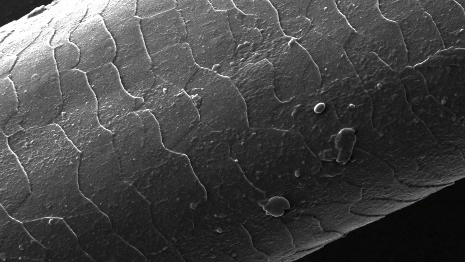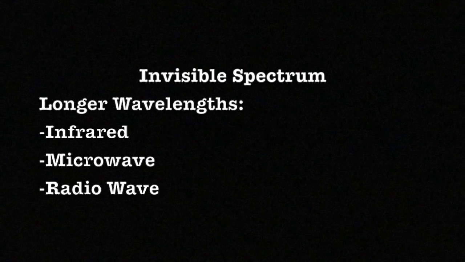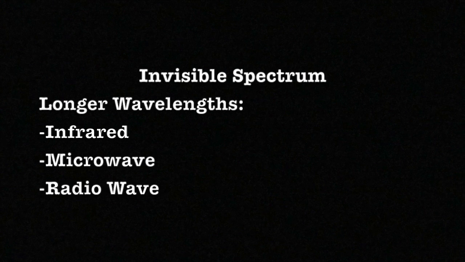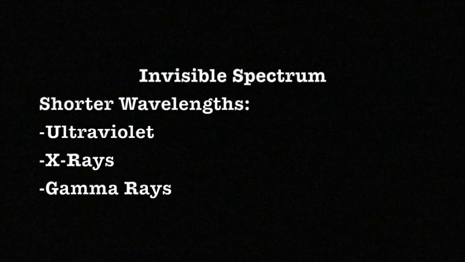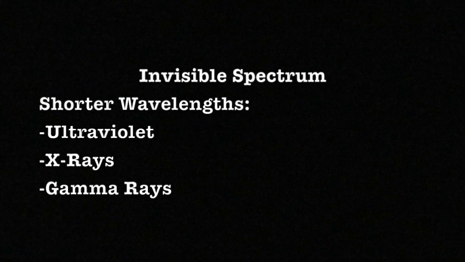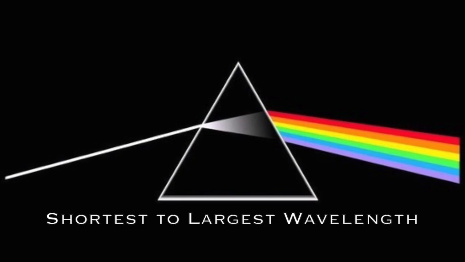a human hair. The rest of the electromagnetic spectrum is known as the invisible spectrum, and it includes longer wavelengths than we can perceive, and in ascending order to the highest wavelength, these are infrared, microwave, and radio waves. It also contains shorter wavelengths that we cannot see, and in descending order to the shortest wavelength, these are ultraviolet, X-rays, and gamma rays. In the visible spectrum, going from shortest to largest wavelength, the order goes violet, blue, green, yellow, orange,